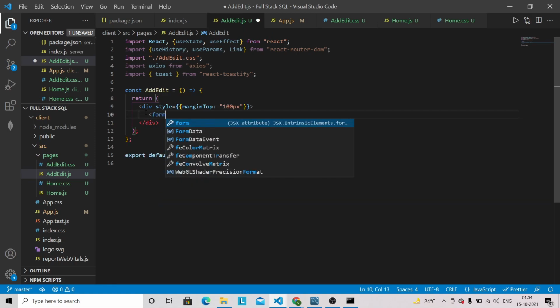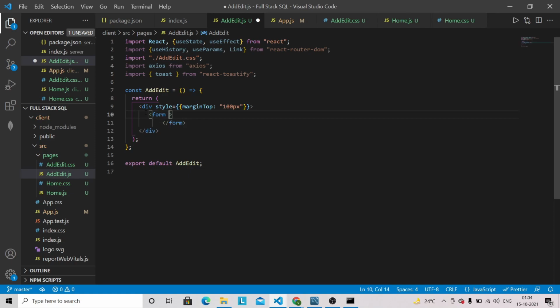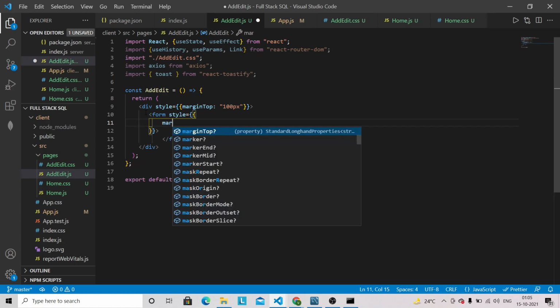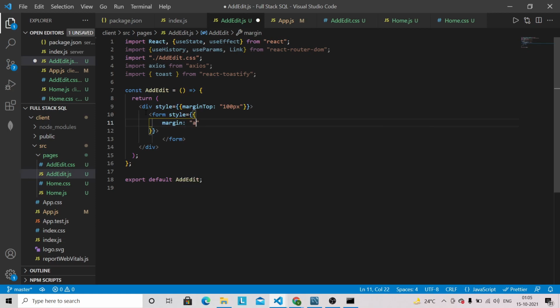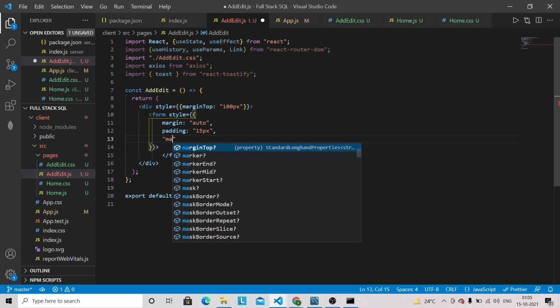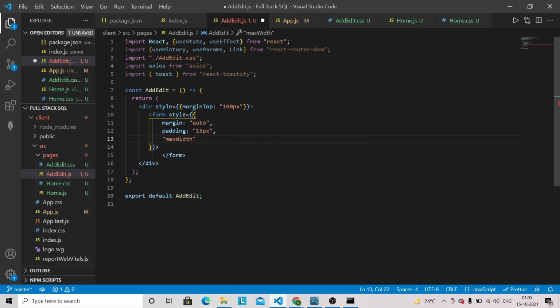and let's give form here, form with the inline styling, and this will have a margin auto. Then we are going to have padding 15 pixel, then max width, so it won't have double quotes, so let's give max width 400 pixel.